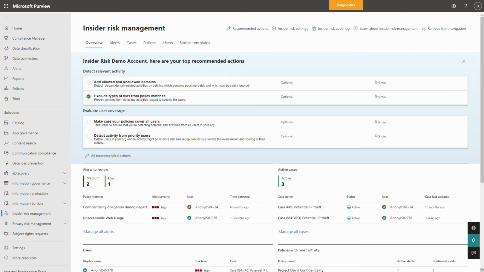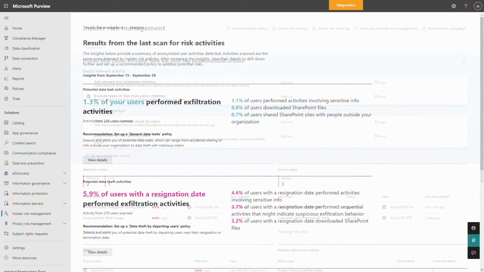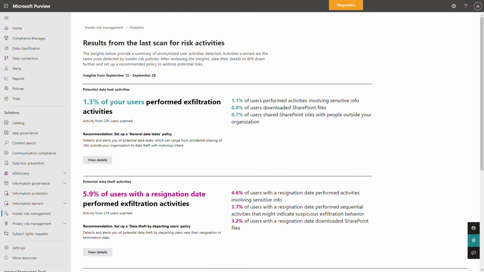Customers come to us and say, I feel like I have some type of an issue as far as insider risk is concerned, but I need a way to quantify this. We wanted to provide a way for you to help answer this question, so we built analytics. When using analytics within insider risk management, it runs these aggregated reports, which are completely anonymized, to help you understand and quantify the level of insider risk in your organization.